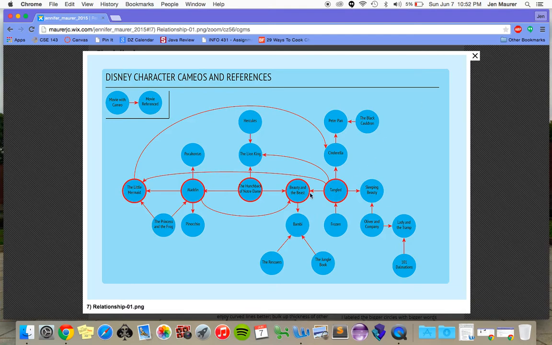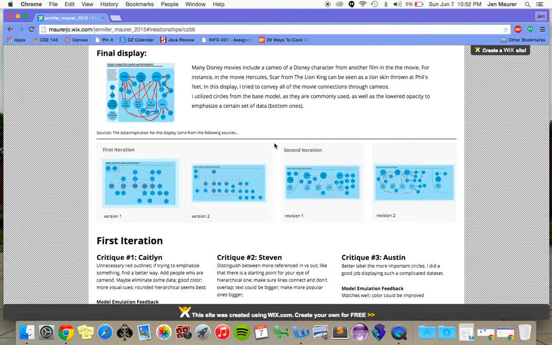I tried to highlight ones that were more popular or more referenced more often using a red encoding. I put them in red, but I didn't really emphasize that or explain that anywhere. So that was really confusing to people. I got the feedback that people really liked the arches of this because I think it emulated my models better. And